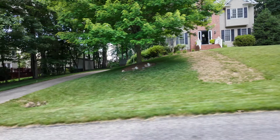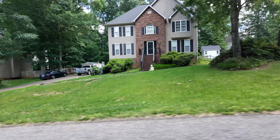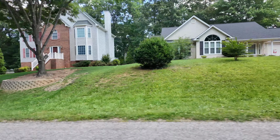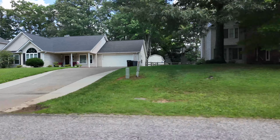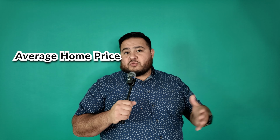Especially if you get one in a cul-de-sac, they actually do have quite large lots for neighborhood living. So you do get a good mix of neighborhood, but it still feels a little bit rural, especially the area outside of Abington. It's very rural out there. Activities like the pool is the main one out there. But the average price point that homes in Abington have sold for, at least in the last 12 months, is around